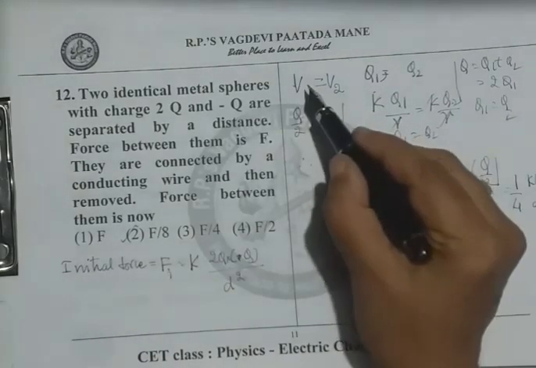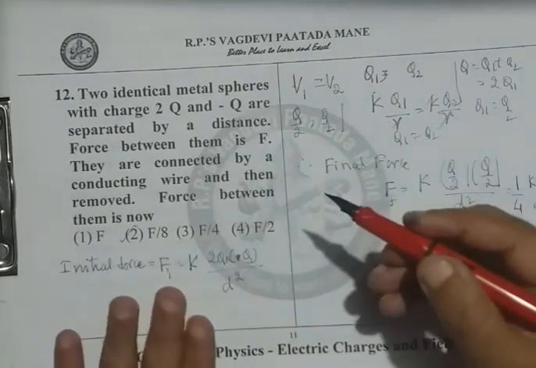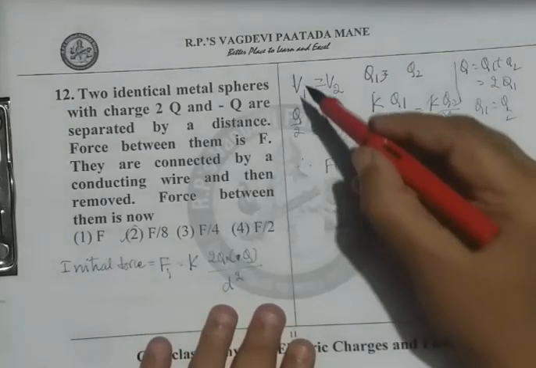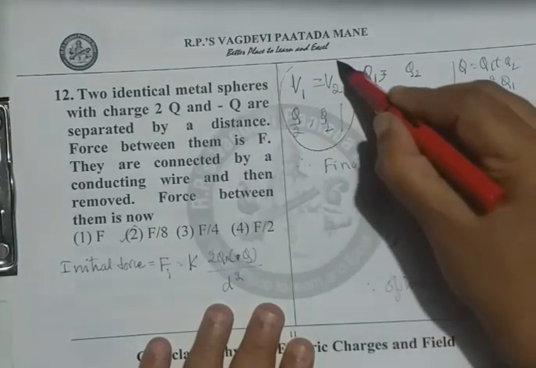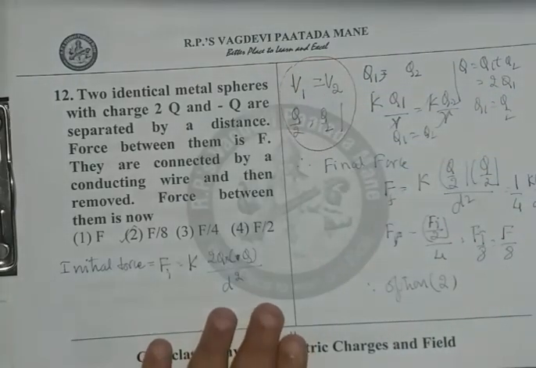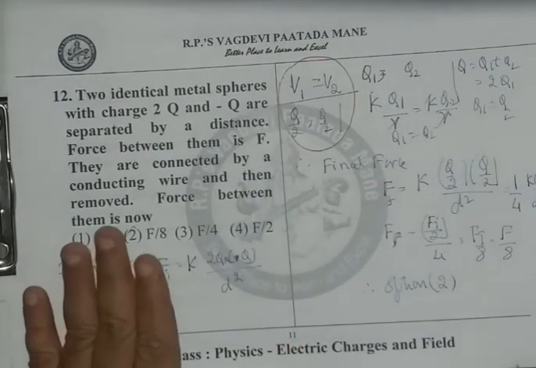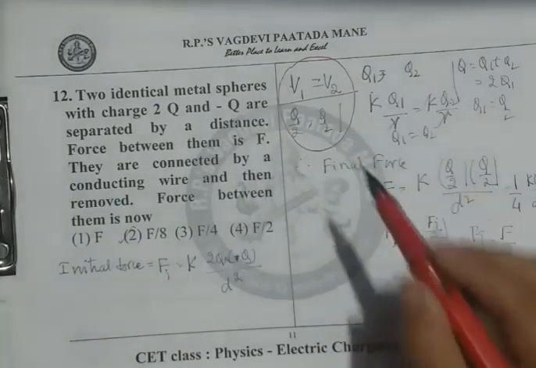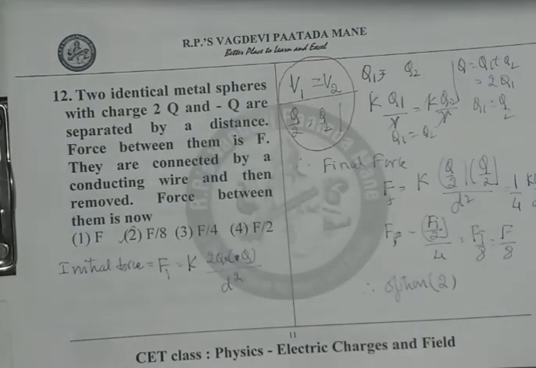Observe here, a very important concept what we used. It comes to your hand whenever you think of two conductors joined together, in any case of metallic conductors with charges. So this is very important. V1 equals V2, and in particular if they are identical, that is the radius, then charges also get equally divided. So this is a very important point to be actually